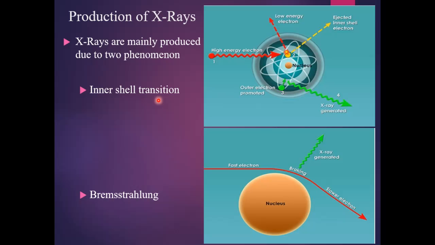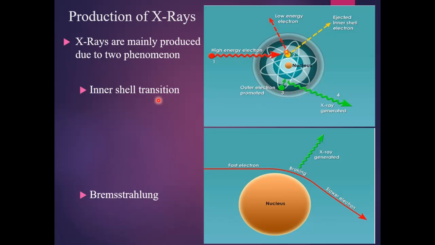But in the case of a smaller atom like hydrogen, whenever an electron jumps from higher energy to lower energy, it emits low energy light that lies in the visible region, as you have studied in chemistry, that is Balmer series, Paschen series. These are the different series which are observed during the transition of an electron in the hydrogen atom. But in the case of higher atoms or heavier atoms,